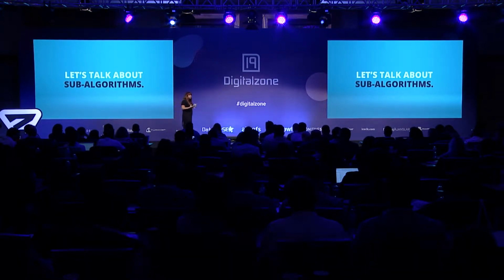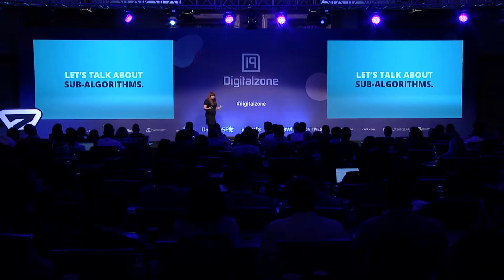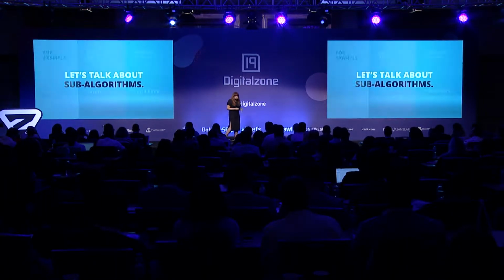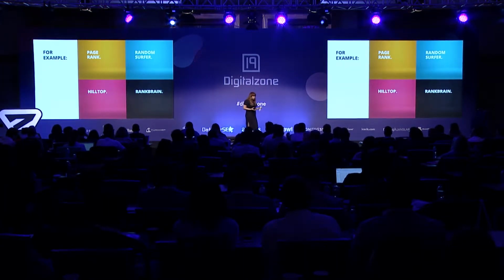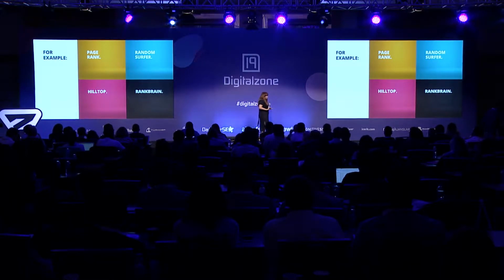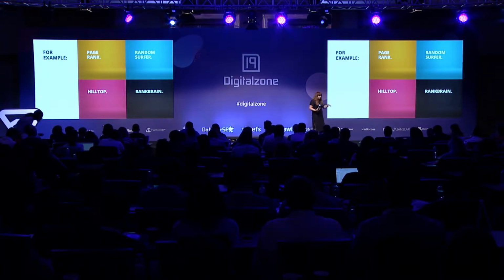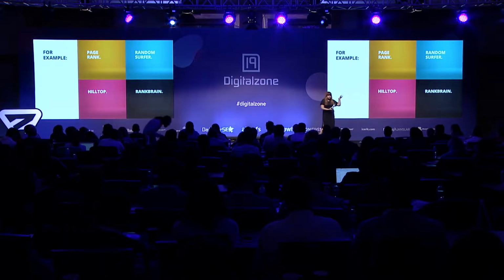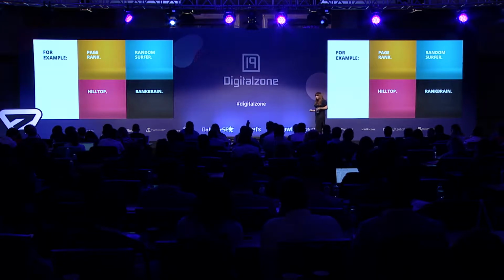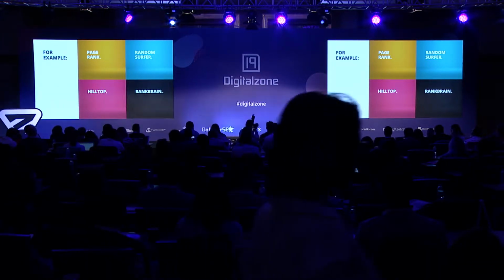So instead, what I wanted us to do was to talk about something that I call sub-algorithms, but really the components that make up the entirety of the algorithm that we're working with to optimize. For example, if you actually read Google's documentation, they do refer to PageRank, Random Surfer, Hilltop, and RankBrain as all independent algorithms. So that means they've got one giant algorithm, and they've mashed all these smaller bits together and added it to it, which is an interesting thing when you think about it, because what we're optimizing for here should be all of these four elements individually.